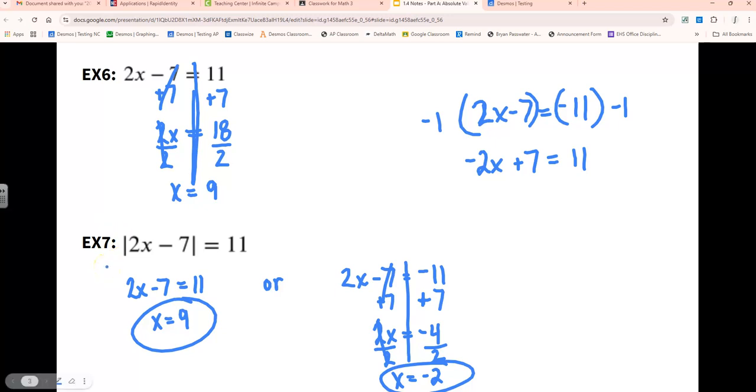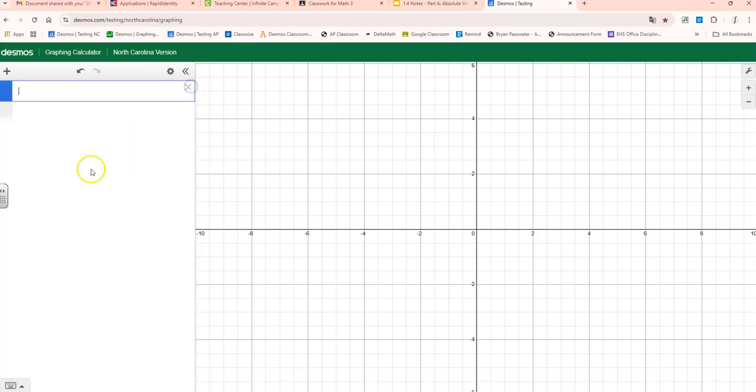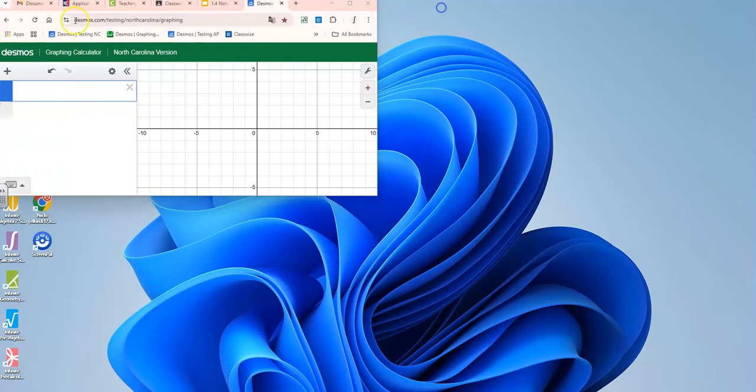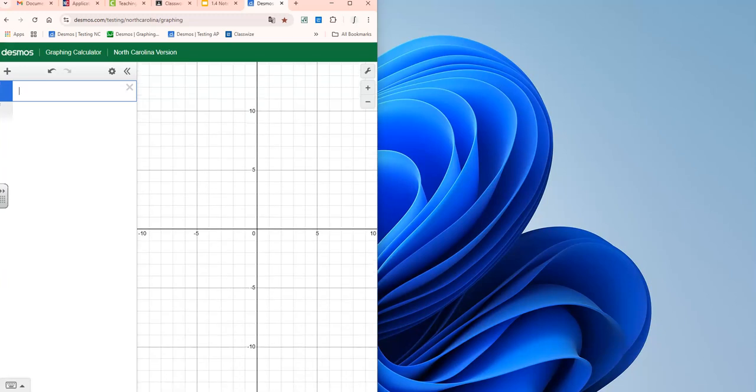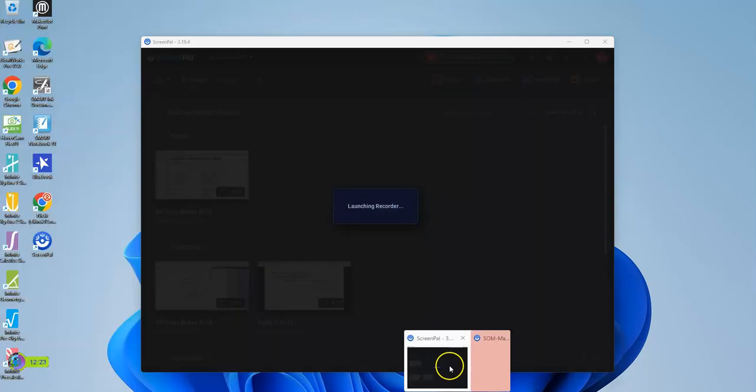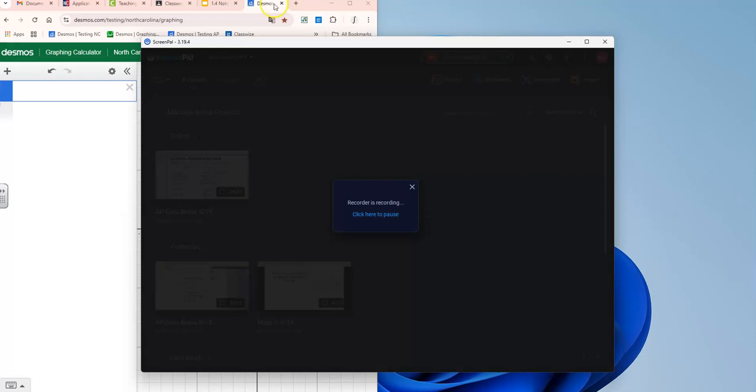All right, Desmos trick time. Everybody look at your Desmos. If you don't have your computer up, you can look with your neighbor. All right. I don't even like doing this. I don't even like it. I feel like this is cheating, and I don't like it. But I also want us to do well on our